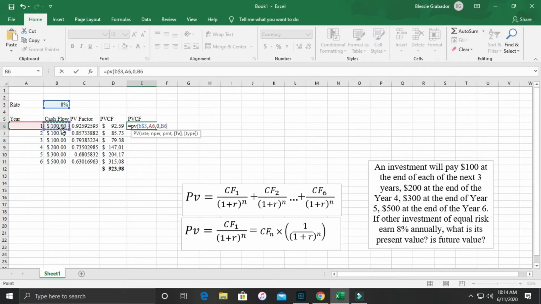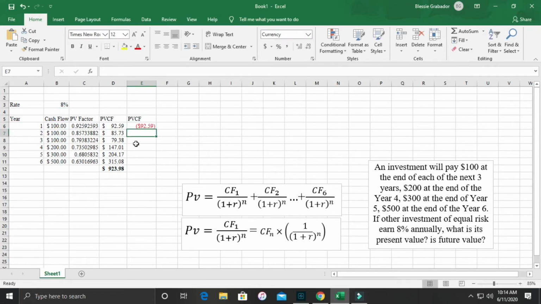Then we've got 92.59, same as here, but this one is negative. Since our future value is positive, we've got a negative answer. If we make this negative, we will have a positive answer. So you just have to drag this down again, and the sum of